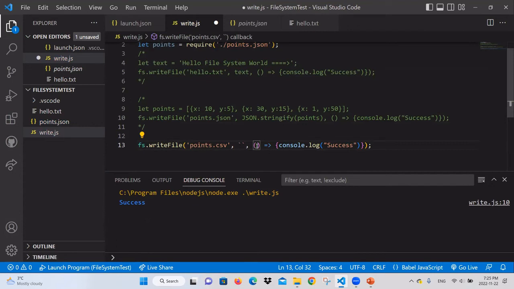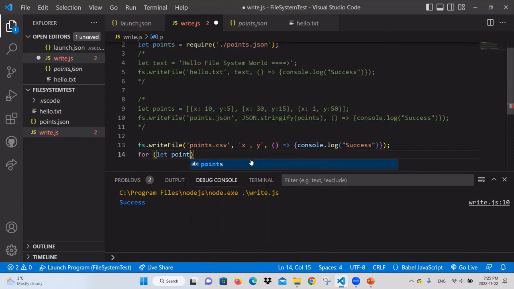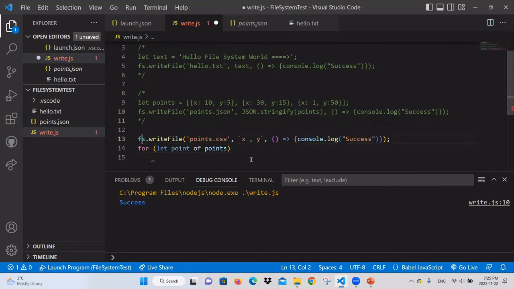So first I'm just gonna write the header. Okay, so in the CSV file you will have what looks like columns with the titles as the names. So the names that we want as the titles are X and Y. Okay, now I want to add the points one by one to this file. So I'm just gonna loop over. So let's say point of points, and every time I want to